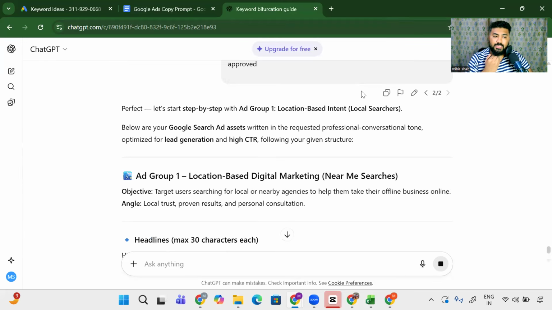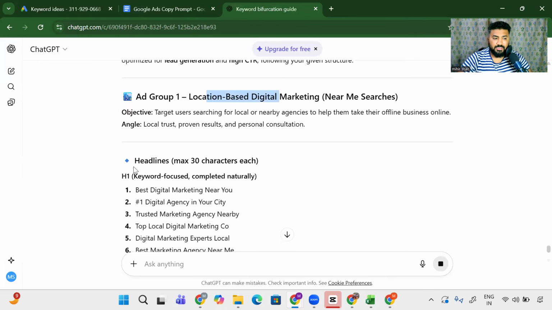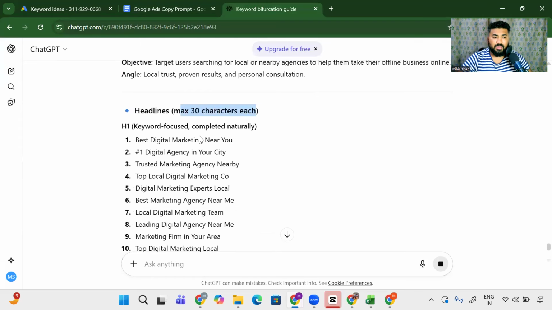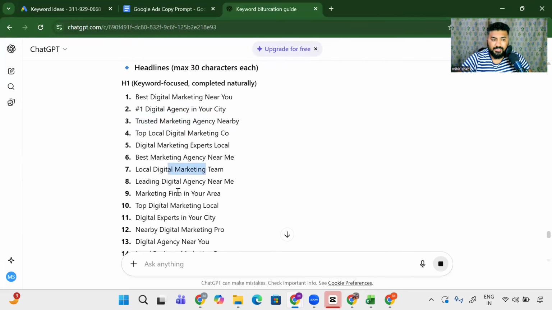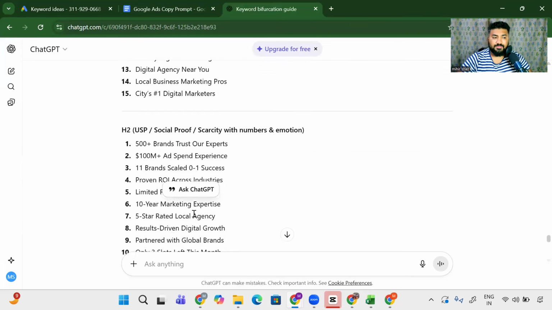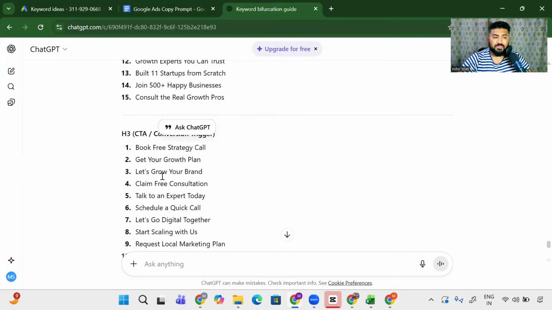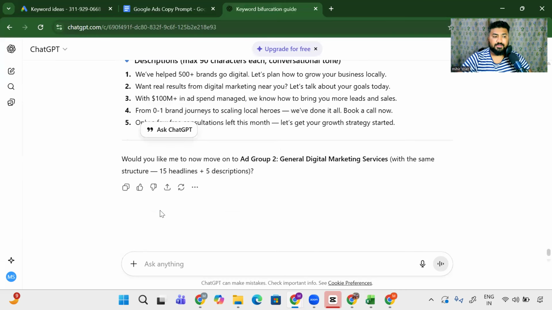Right, and now you can see, guys, for the first one, which is location based, all the 30 headlines. So, best digital marketing near you, digital marketing agency in your city. We can change some stuff like that in your city, etc. Trusted marketing agency nearby, right? It has written all of these ads, right? And all your headline twos and all your headline threes are here. All right. Now let's